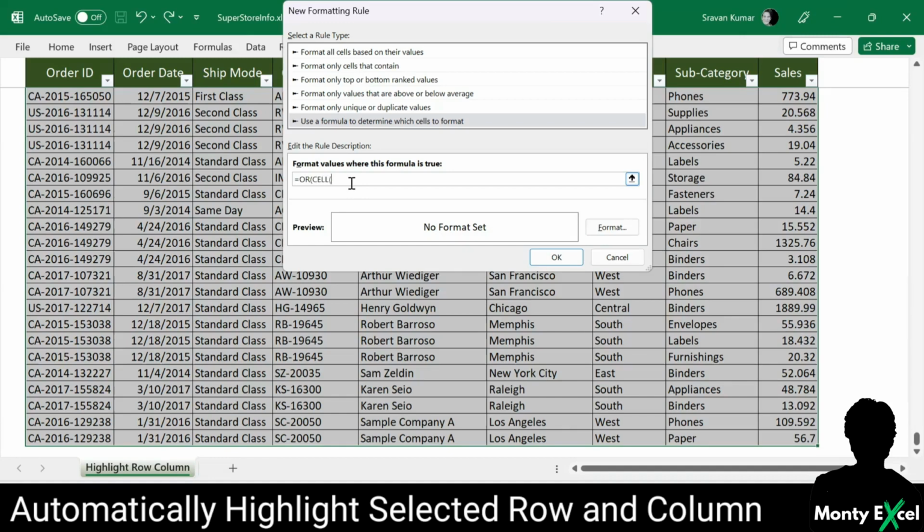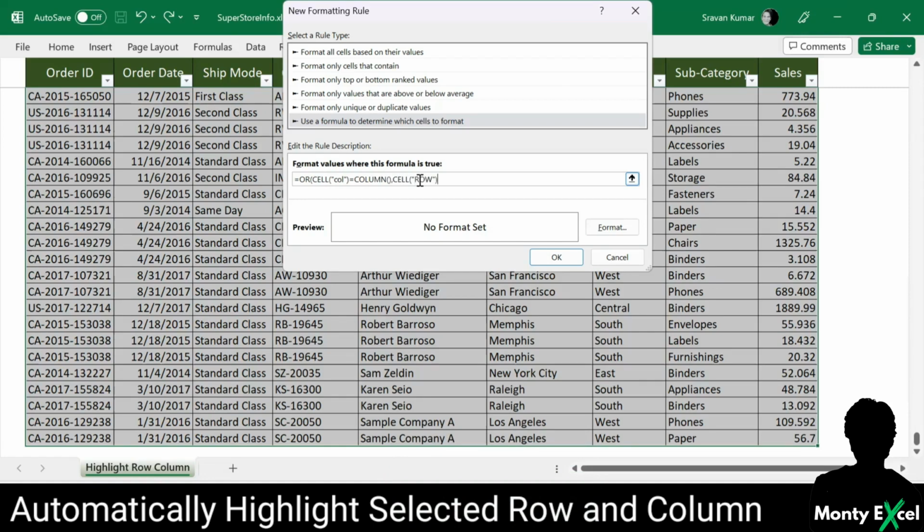cell, and we have to mention the column. So let's specify COL, that is a column, equals to COLUMN, and within this column, there is no parameter here. We are not passing any parameter, because in the first cell itself, the column is being passed, and column doesn't have any parameter for this example. Now let's use a comma operator here and use a cell within opening and closing parentheses,